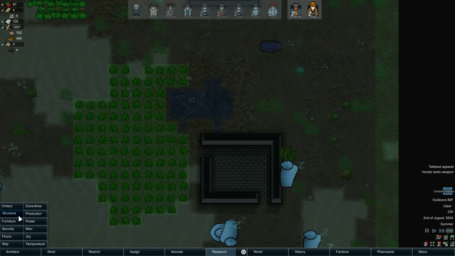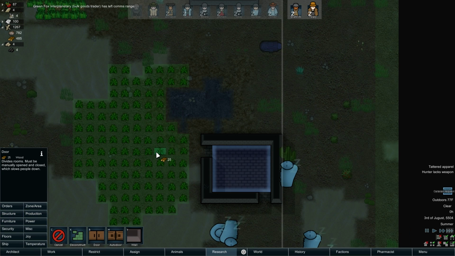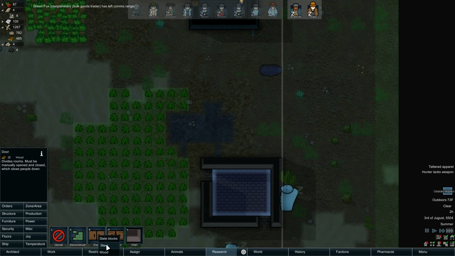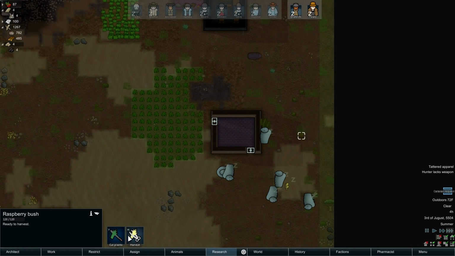I feel like I should make this room into another stockpile zone. And put some doors on here. Are wooden doors fine? Maybe we should make them steel doors. Probably steel, actually. I mean, it doesn't really... What are we using wood for? There we go. That'll turn it into a...